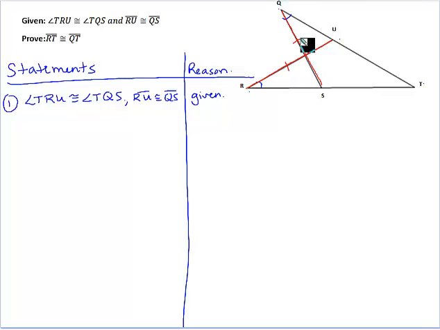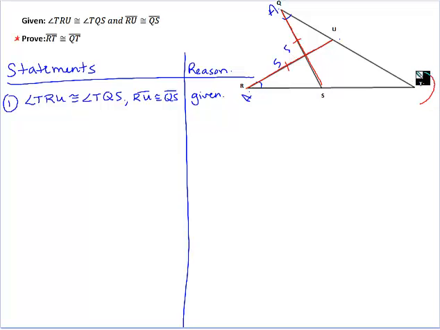Now, whenever we're doing these proofs, we always need to show two triangles are congruent, even if what we're trying to prove does not have two triangles congruent. So that's what we're going to do first. Notice right now we have an angle and a side. Now, if we just get another angle, we can show that the two triangles are congruent. When you look at this diagram,